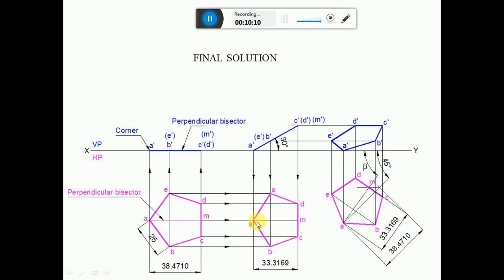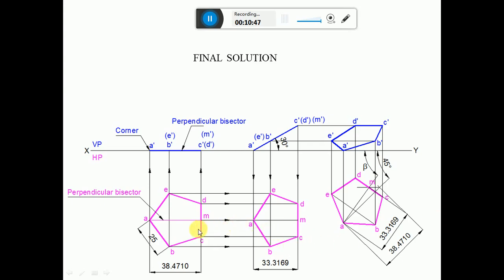So here we cannot transfer the second position top view onto this 45-degree line. That is basically because we have the apparent length, and the inclination is the true inclination here, 45 degrees. So we have to find out the apparent inclination in the third position, and then we have to transfer the second position top view on that apparent inclination line. So how to do that? Consider any point, and from there you draw a 45-degree line by using the protractor with respect to the horizontal.